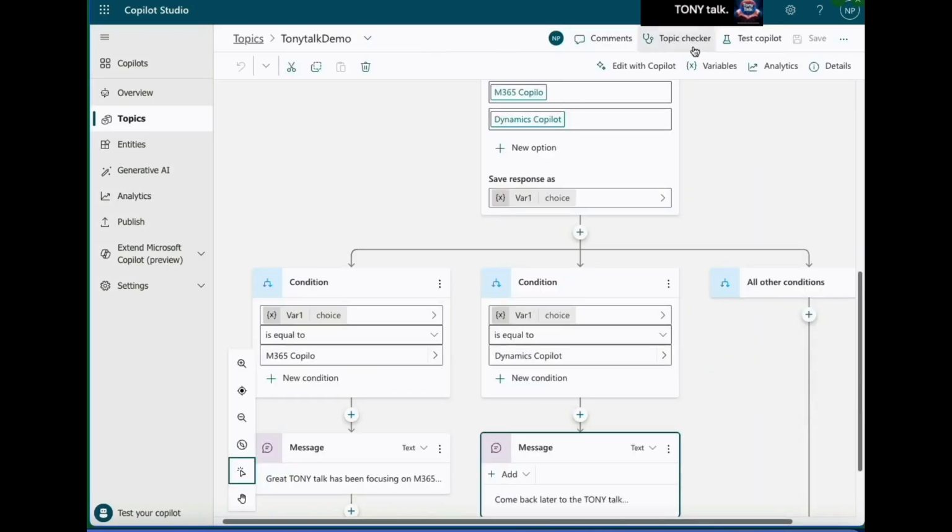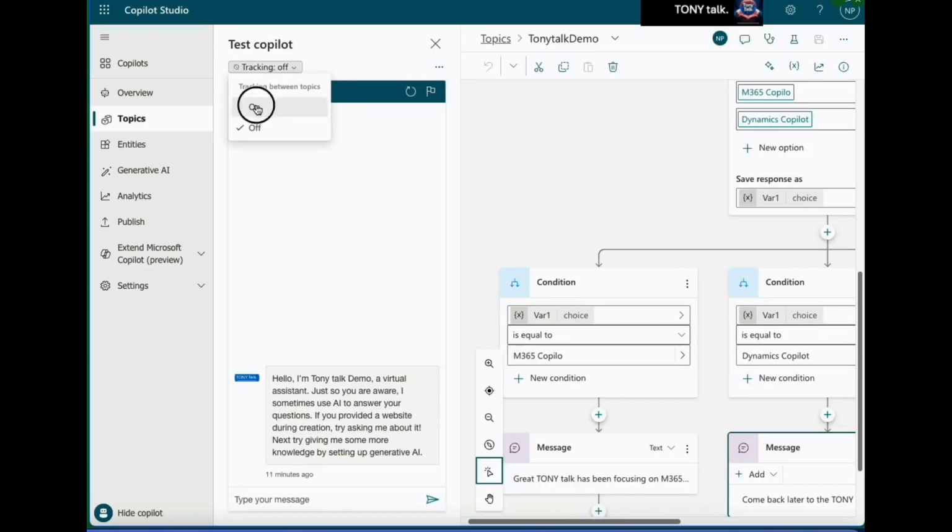Okay, I'm going to save that. Now I'm going to go to the beaker and test my Copilot. I'm going to turn tracking on so it can follow the conversation. Say, here, hi, I'm Tony. Hello, I'm Tony Talk, virtual